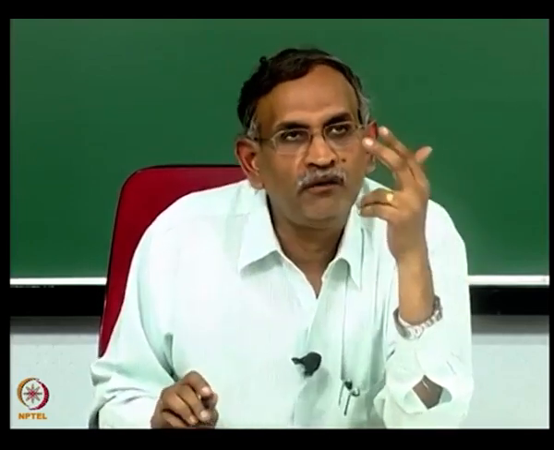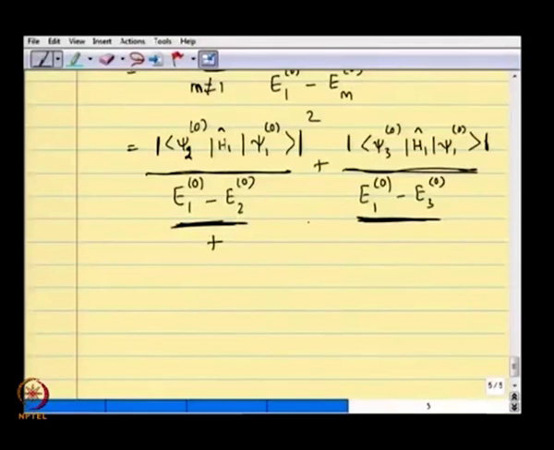Therefore, even as we compute the second order perturbation correction, we do not have to include many terms. It is possible that we do 2, 3, 4 maybe 5 terms, and then the corrections are not very significant, provided the energy difference E1 0 minus E m 0 is much larger than